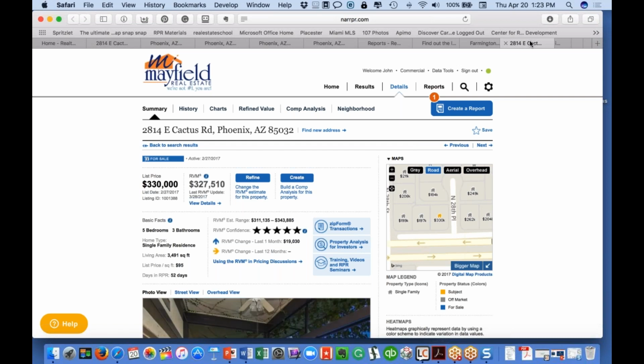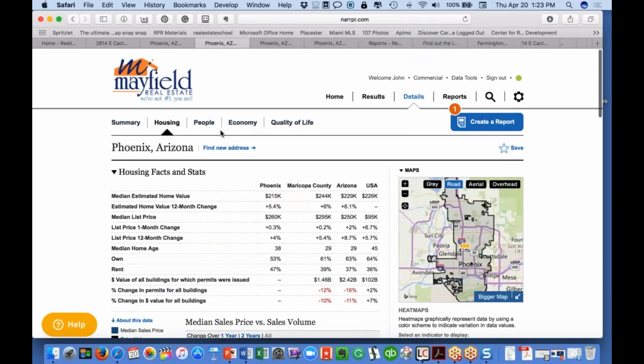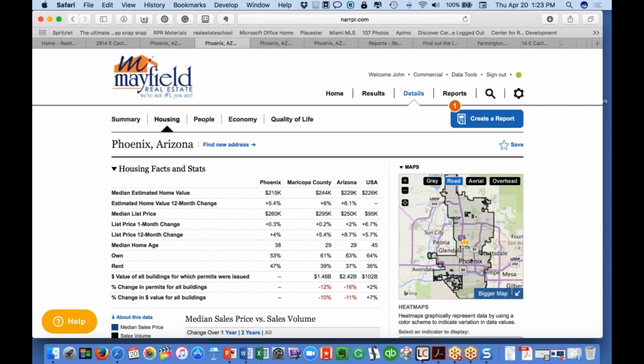People want to do business with people who are knowledgeable, who are movers and shakers. And when somebody asks you how the market is, and you're able to quickly say, the market's doing great. Actually, our home prices in our county are up 6% over the last 12 months. In fact, the average sales price in our county is $244,000, and it's up 6%. And you say,